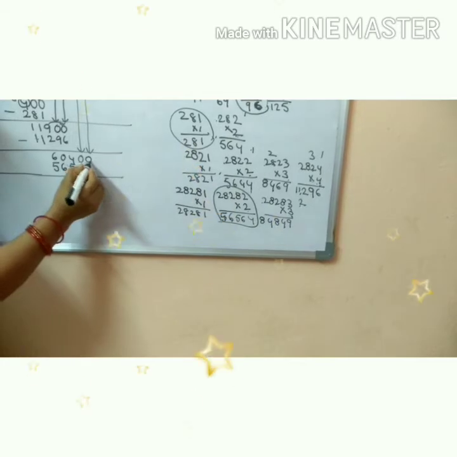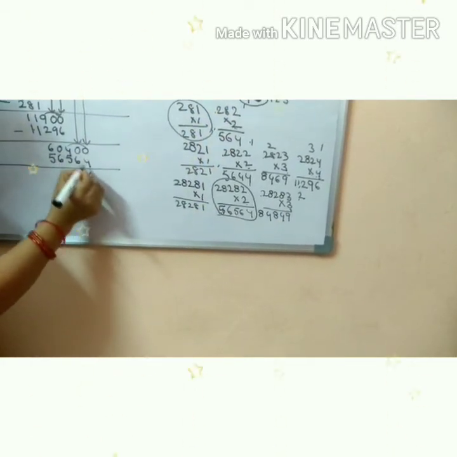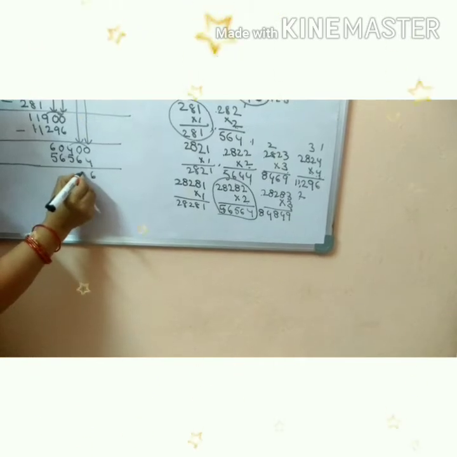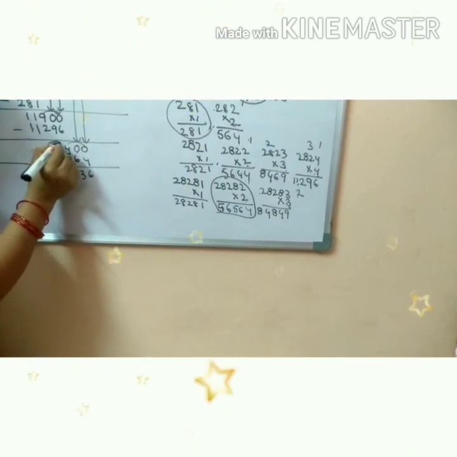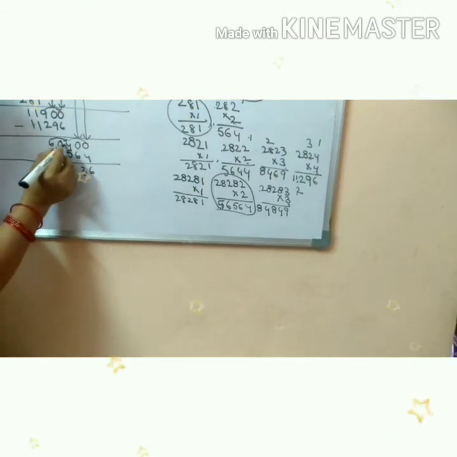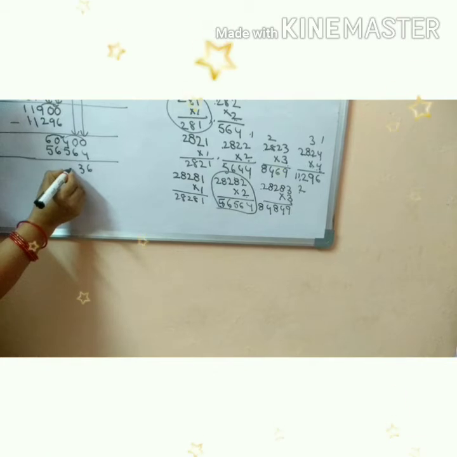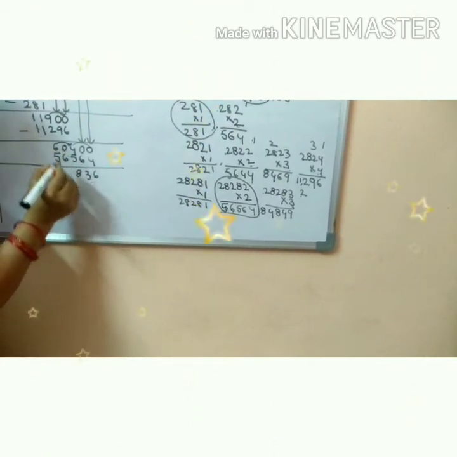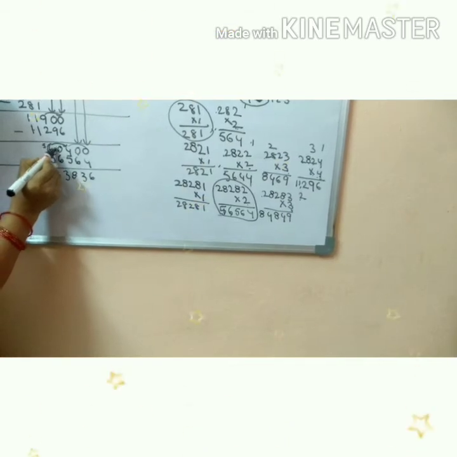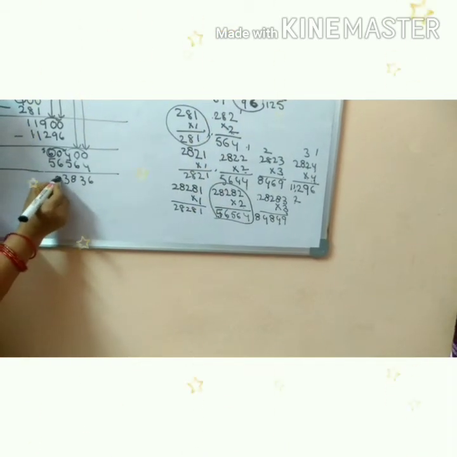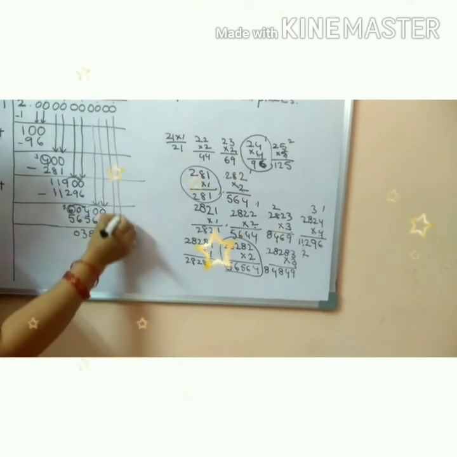56,564. So in this case of borrowing, 10 minus 4, 6. Here 9 is there. 9 minus 6, 3. Here 4 minus 1, 3 is there. Then you have to take the borrowing up to here. So here 13 minus 5, 8. Here 9 minus 6, 3. So here remaining 5 is there. 5 minus 5, 0. Then at the last decimal points we have to take the zeros.